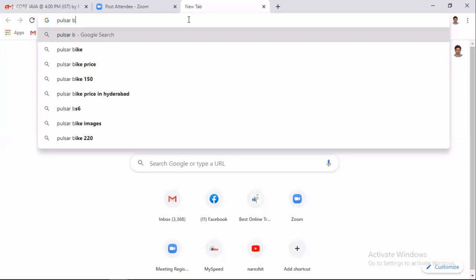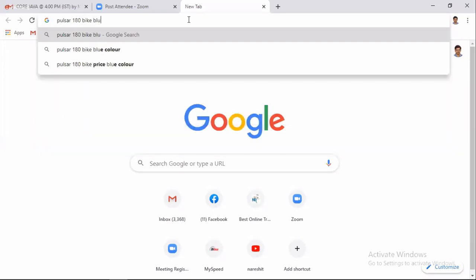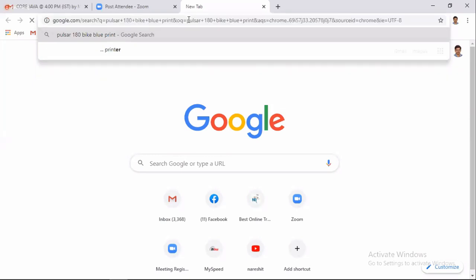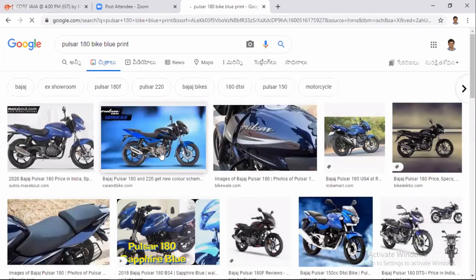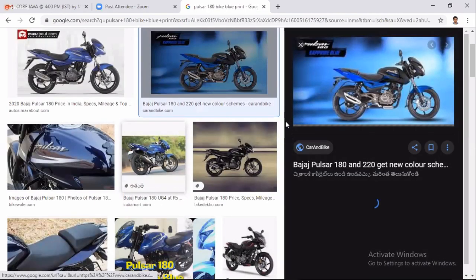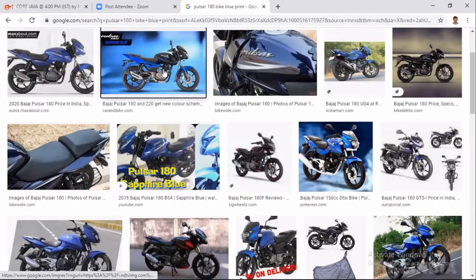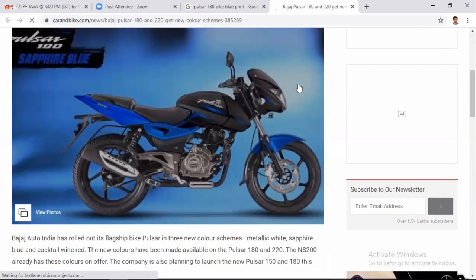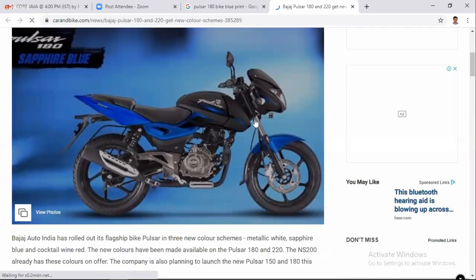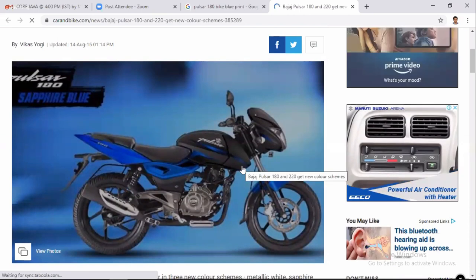Take the Pulsar 180 bike blueprint. First, they prepared the Pulsar 180 bike blueprint on paper.